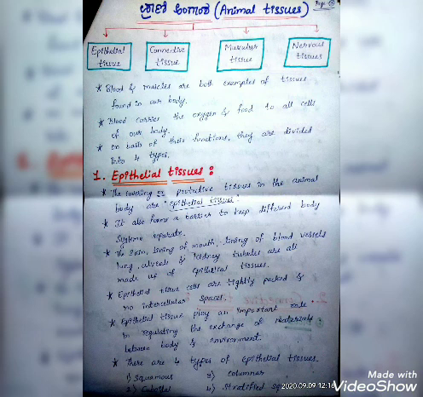Blood and muscles are both examples of tissues found in our body. Blood carries the oxygen and food to all cells of our body. On the basis of their functions, they are divided into four types. First one is epithelial tissue. The covering or protective tissues in the animal body are called epithelial tissues.